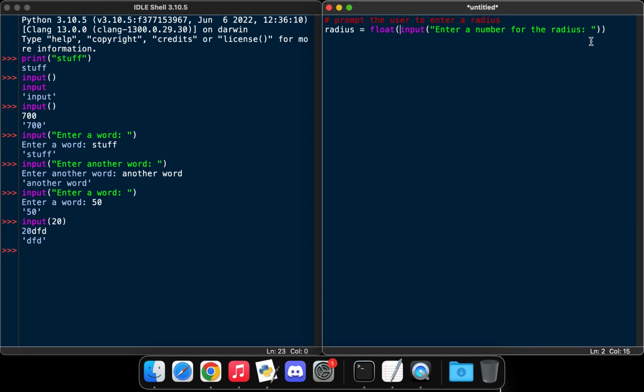I've got parentheses, then my input, and then my prompt. And make sure that you have the correct number of parentheses at the end here. You should have a closing parenthesis for every opening. So if you accidentally end up with one too few parentheses, you will run into an error, so just be wary of that. So I have radius equals float. Again, this is a specific type of number. And then I'm going to get some input,